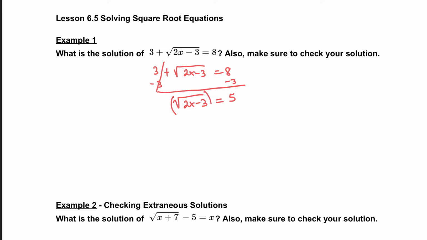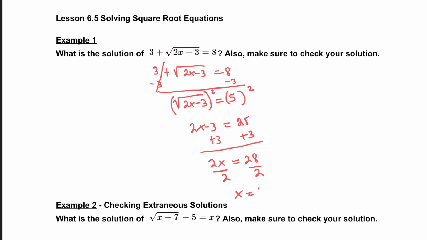And since you have a square root here, we're going to square it. On this side, we square it. So what do we have? We have 2x minus 3 is equal to 25. You add 3 to both sides. So you have 2x equals 28, divided by 2. So x equals 14. So what you're going to do now is we're going to check